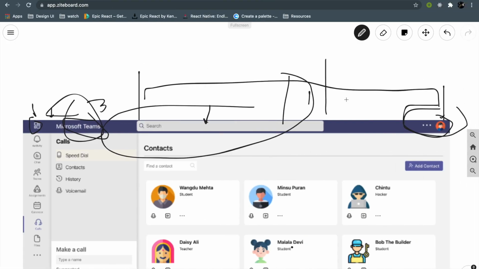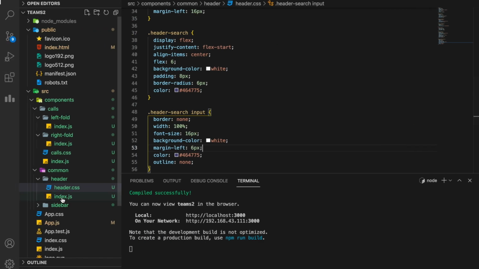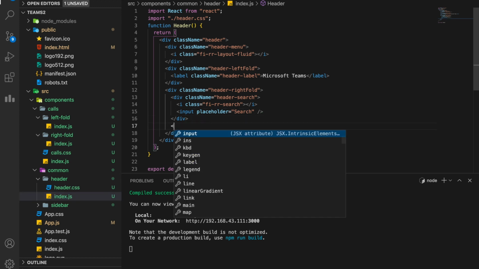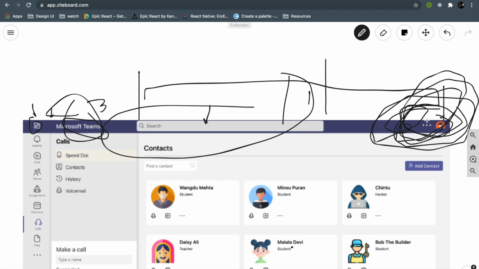The last and final thing is to build this particular, what is this, profile, let's say. So we'll again go to our right fold, we'll create a div here, and inside this div let's start creating our right fold. This particular thing, let's say these dots, it's options, and this is avatar, right?